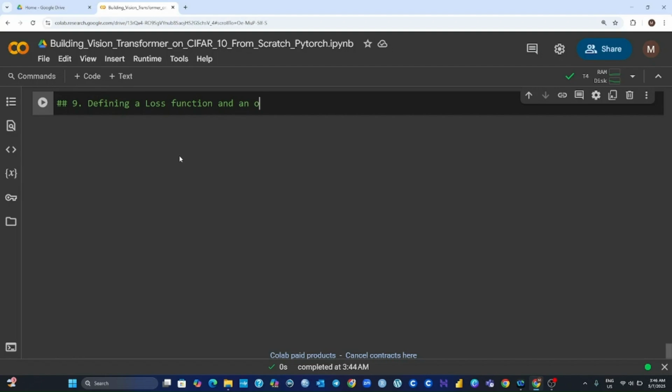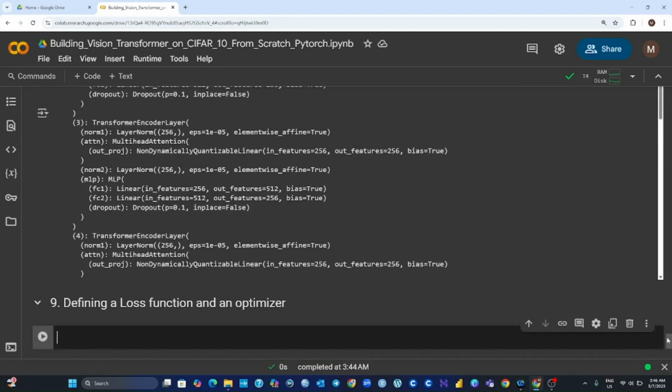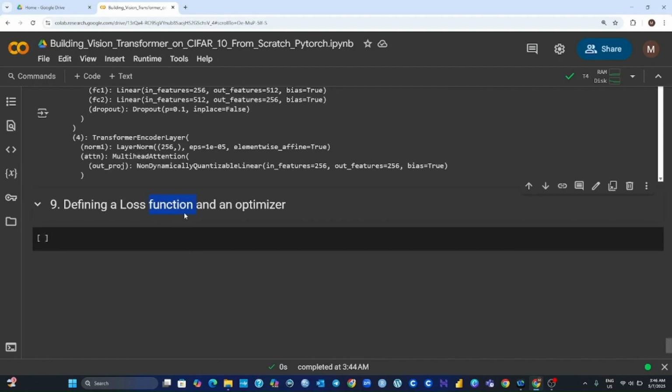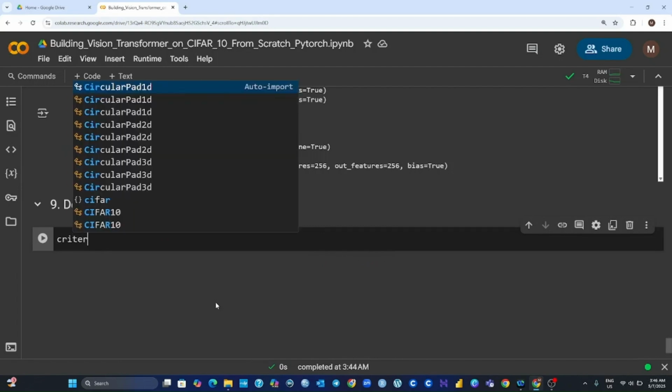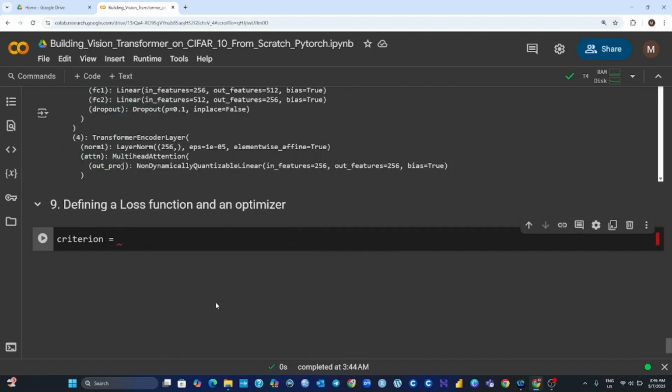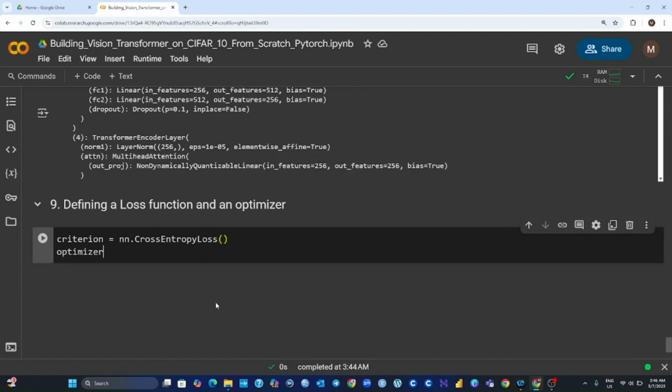And an optimizer. So the loss function that we're going to use is cross entropy loss. We want to use cross entropy loss, so we can go criterion. Criterion is another word for loss function. Criterion equals nn.CrossEntropyLoss. And then the optimizer is going to equal